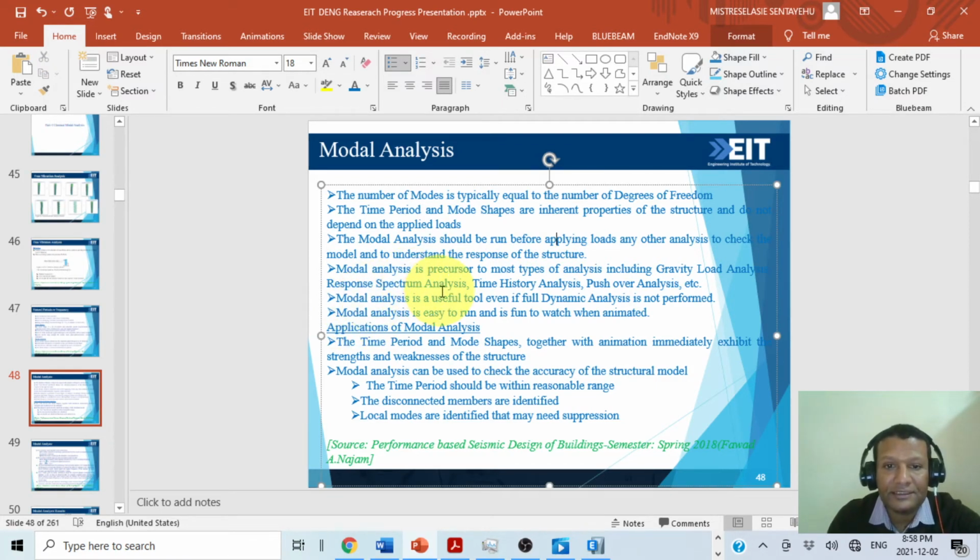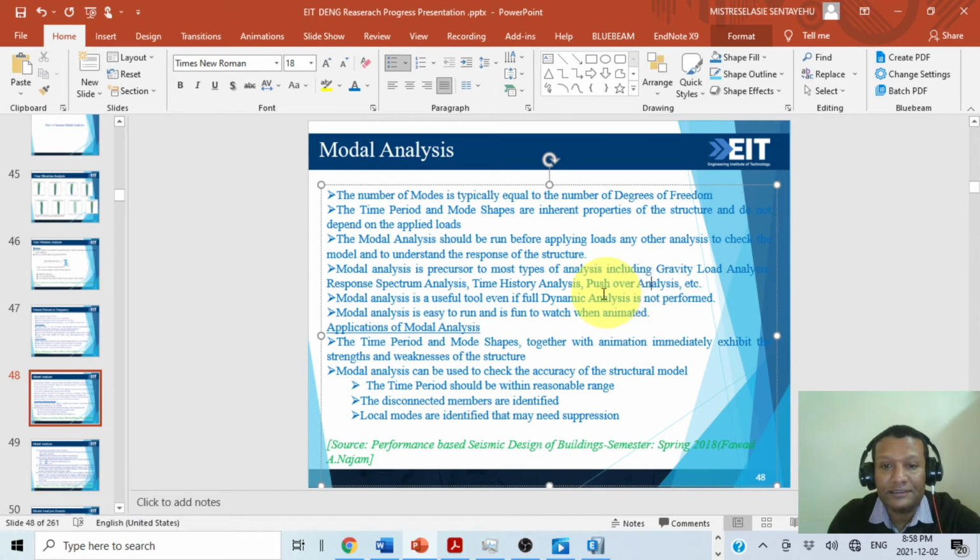Modal analysis is the predecessor to most types of analysis, including gravity load analysis, response spectrum analysis, time history analysis, and pushover analysis. Everything before